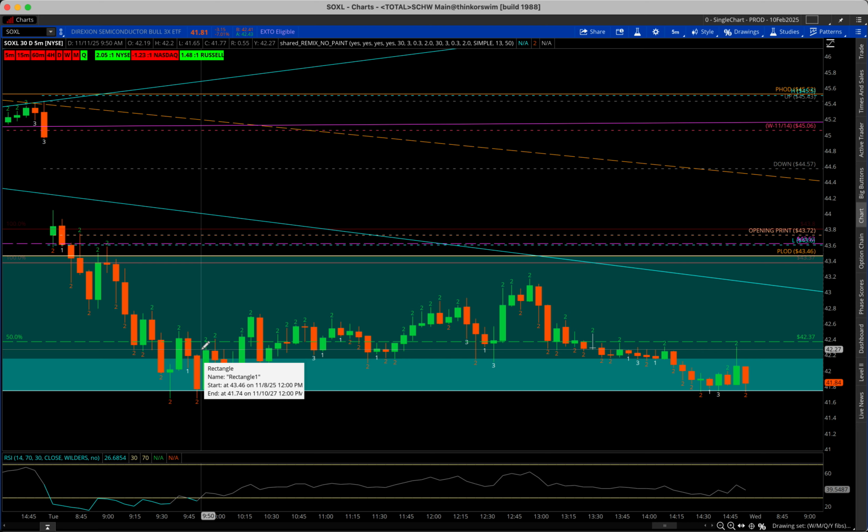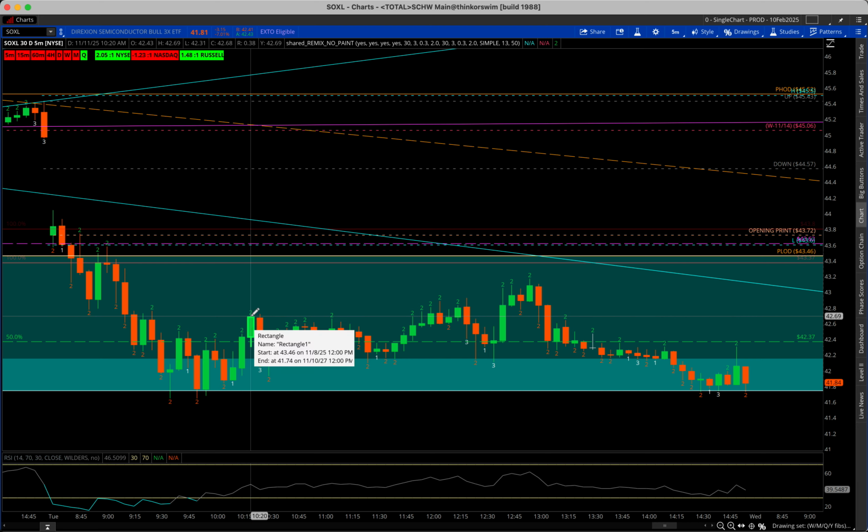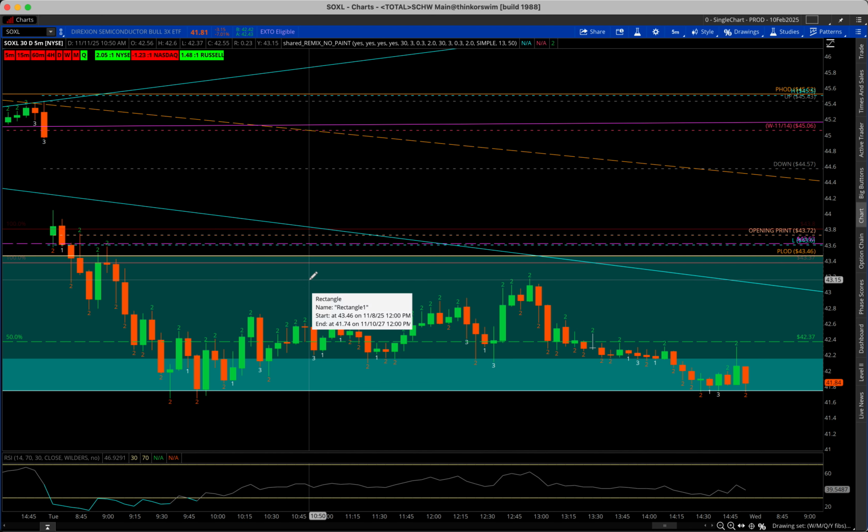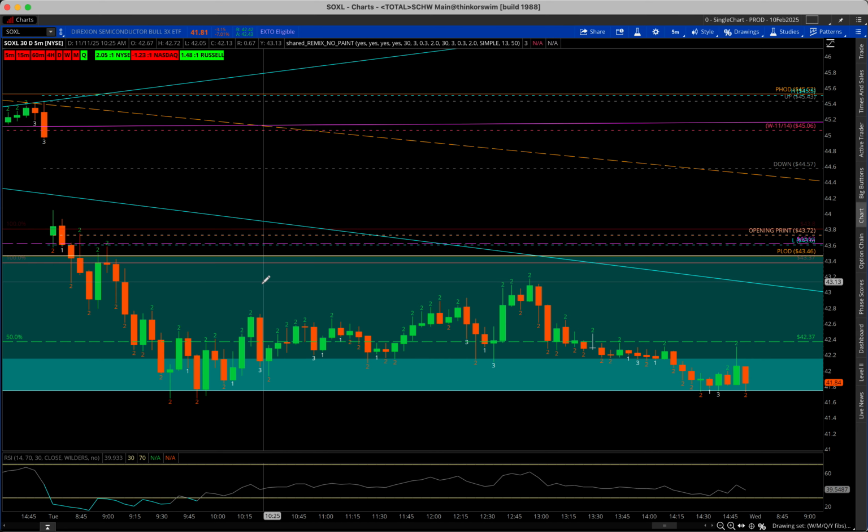We did leave one runner that we ended up stopping out here. So slightly less profit on the runner, but the majority of our position, we got a majority of the move. We did enter some calls for December, just going off of price levels, right? So this doesn't have anything to do with the lower highs at or below opening print type of thing, but